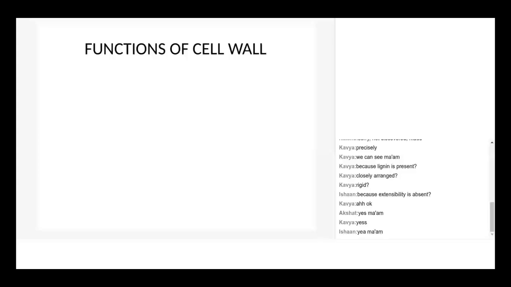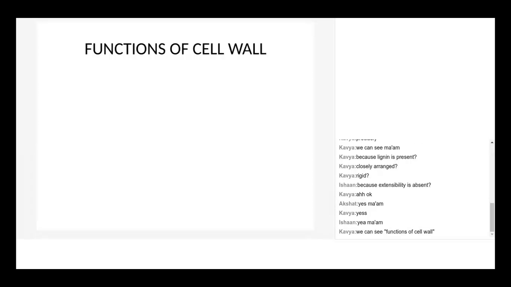Usually, the cell wall definitely gives the skeletal framework, the backbone of the cell. It gives proper shape to the cell, and it even protects the plant cell. That's why we have cell wall only in plants. Okay, we have various functions of cell wall. These two functions are the applications related to the structure of cell wall.